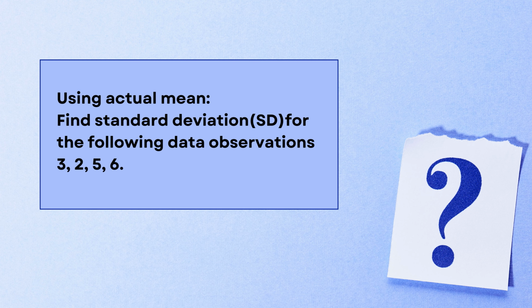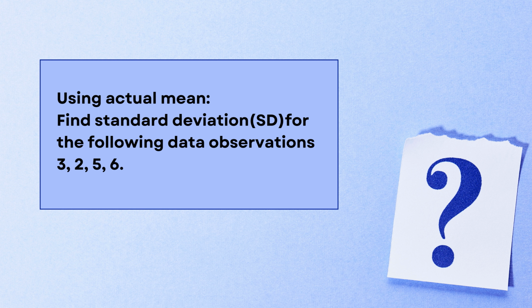Now, in this given numerical, what is this numerical? It asks about standard deviation. As I said, two methods are there. One is the direct method, which we'll be using in this numerical, where we have to calculate the mean, and the second method is the shortcut method. We'll take care of that in the next question.